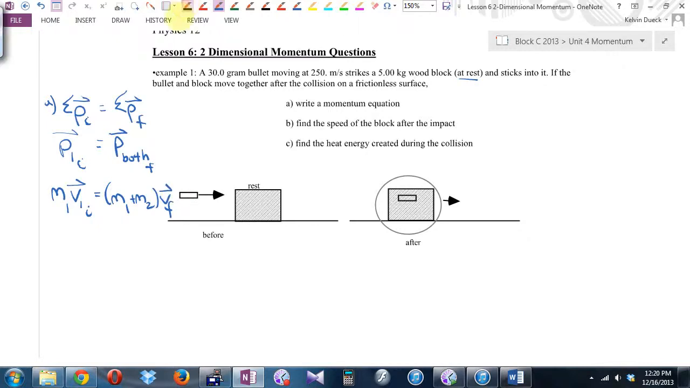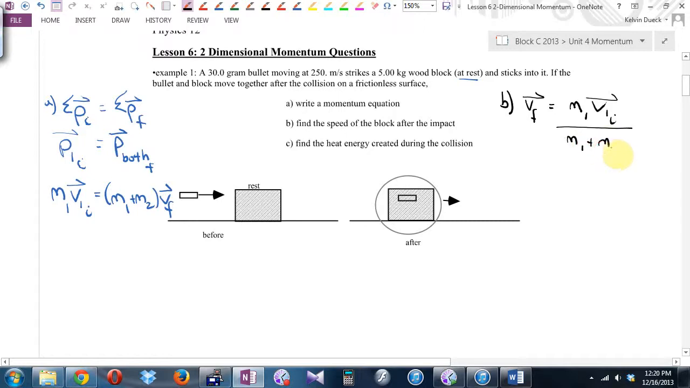Okay, I think I can do that here. You know what? I'm going to do that over here. B. V final is going to be M1 V1 initial all divided by M1 plus M2. V final is going to be,